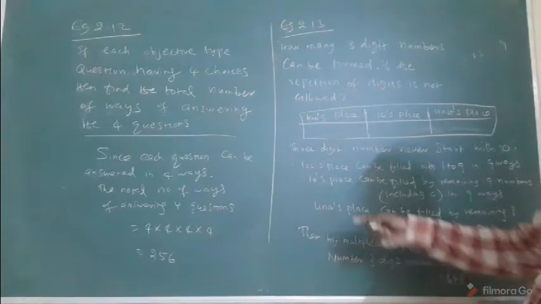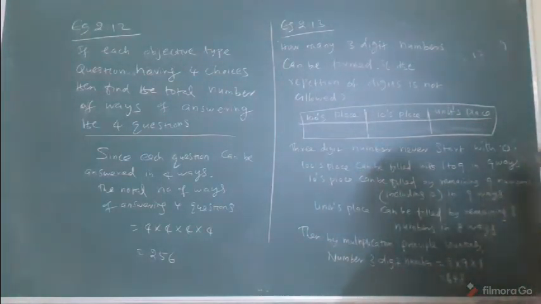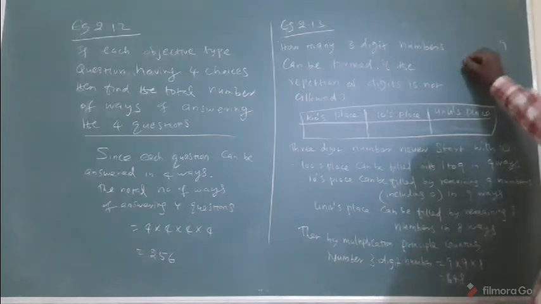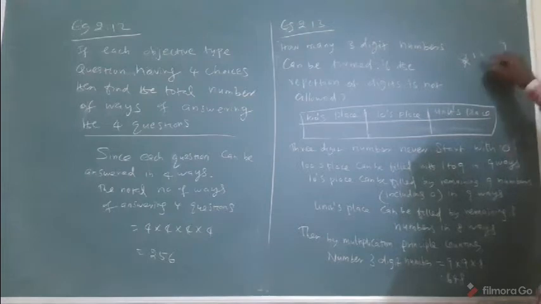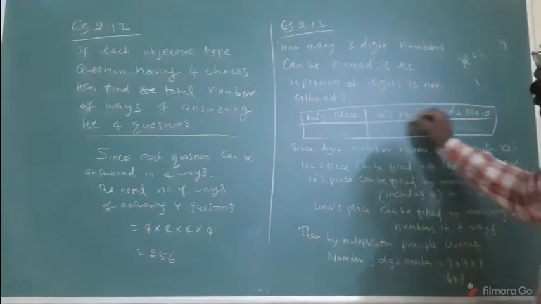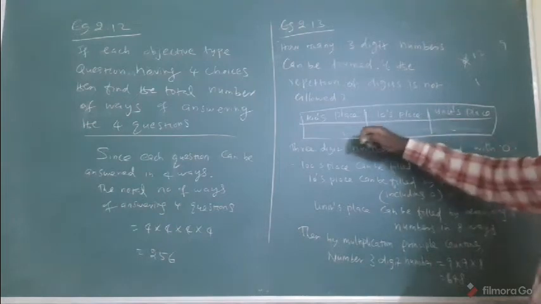Similarly, next the 10th place. The 10th place can be filled by the remaining numbers. What are the numbers? Total 10 numbers: 0, 1, 2, 3, up to 9. That means 10 numbers, 0 to 9 is 10 numbers. I have started with a number other than 0. Out of 1 to 9, you will put any one number. The remaining numbers, how many? 8 plus 1, 9 numbers. Am I correct? In between, 0 may also come. Now include 0. This is the included number. Am I correct? But already you put one number.